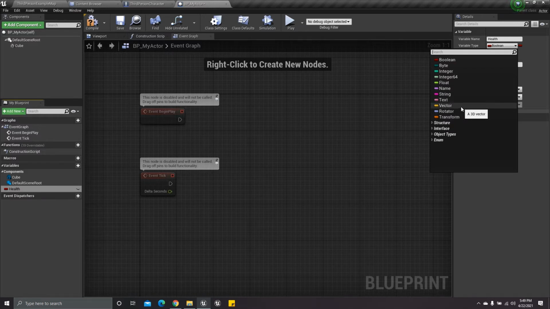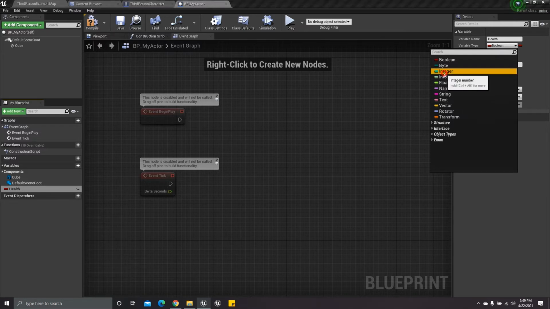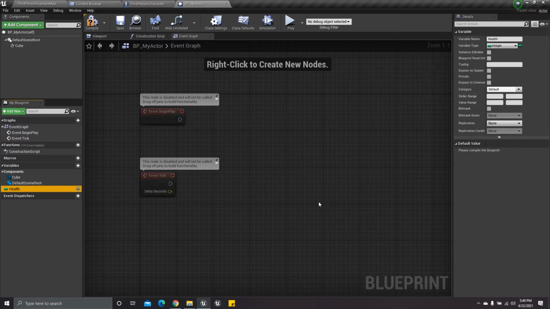According to our need, which kind of data we are going to store in the variable, it depends on that. For the health, I'm just going to need the integer so that I can hold the player health in this. An integer is a whole number. It's not a decimal point number. It only holds whole numbers, like 1, 2, 3, not the decimal ones. So I can hold the player's health in that manner. Like now it is 100, then it will decrease by 10 or 1 or whatsoever.